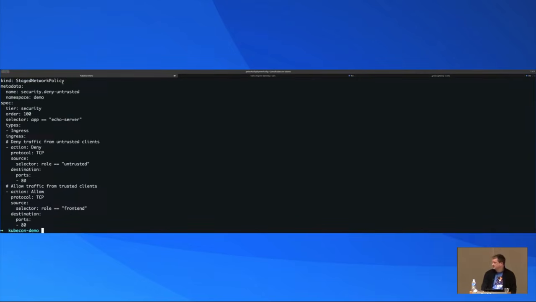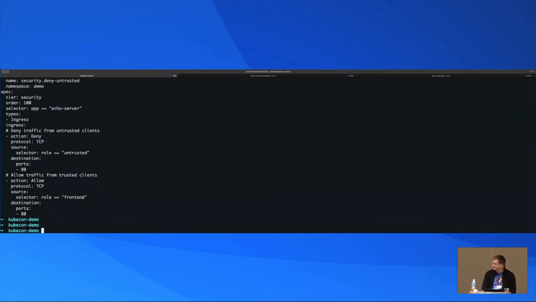This stage network policy looks exactly the same as the network policy I just showed you, except it has the word staged up here, and it has a different name. This one is in the security tier. It's called deny untrusted. So this one also denies traffic that has the handy label untrusted, but it's a stage policy, so it should not block the traffic. So if we apply that now,